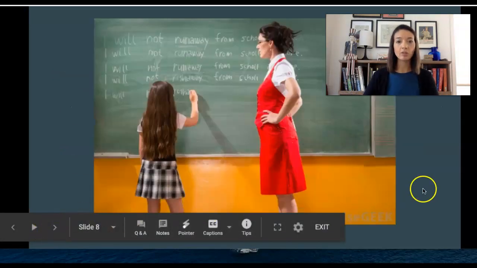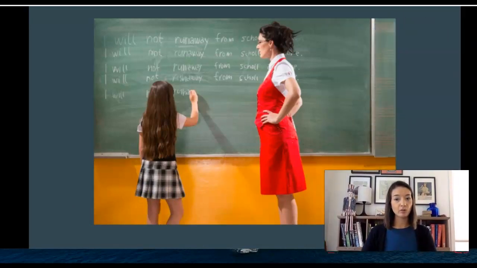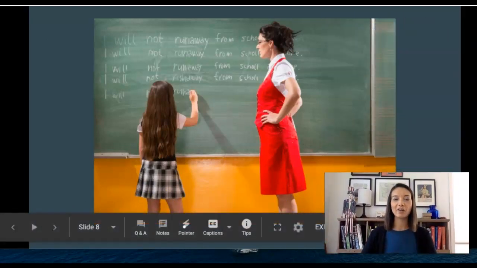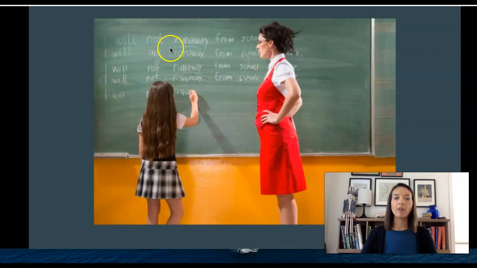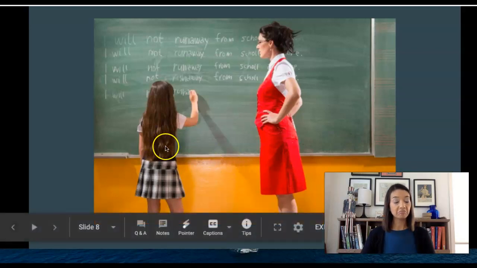Okay? So, has anybody ever been in trouble at school? Whether you were this age or even older. Written on the board, it says, "I will not run away from school." Is this considered a minor form of deviant behavior, or is it a significant norm? And then who gets to decide that? Children don't really have a lot of power in a society. A person with authority gets to decide who has that power and if that behavior is considered deviant.